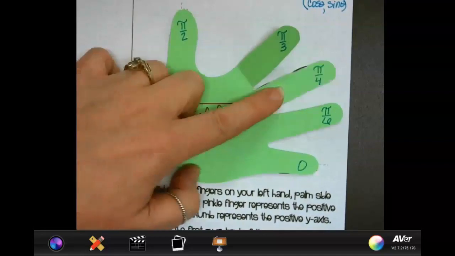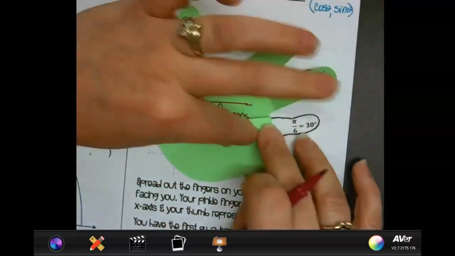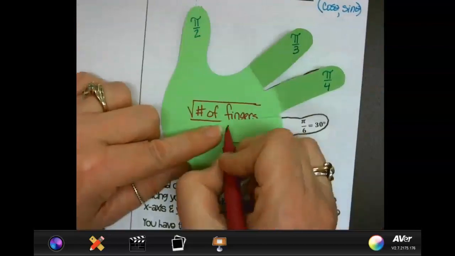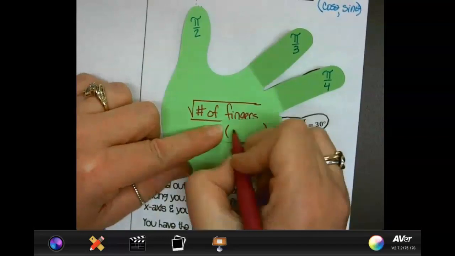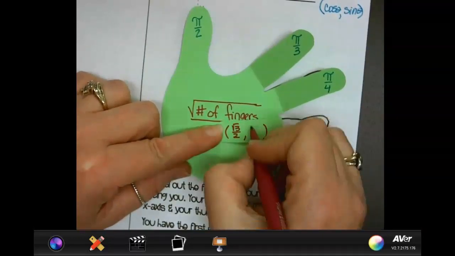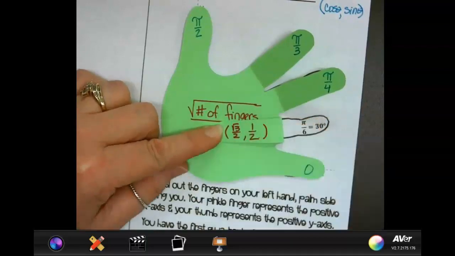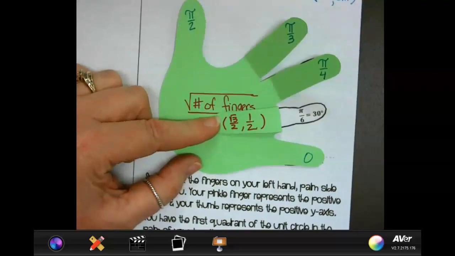Then we fold that back. Then we take pi sixths. That's your ring finger. We're going to fold it back. To the left of pi sixths, we have 3 fingers. X value, square root of 3 over 2. To the right, we have 1 finger. It's 1/2. Whoever figured this out is a genius in my book,